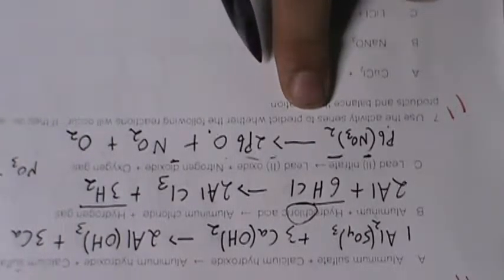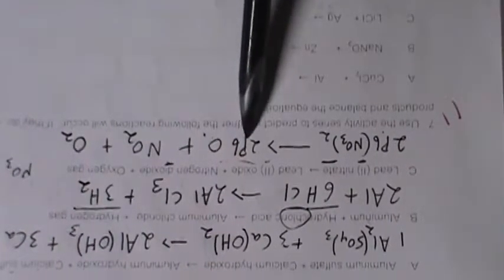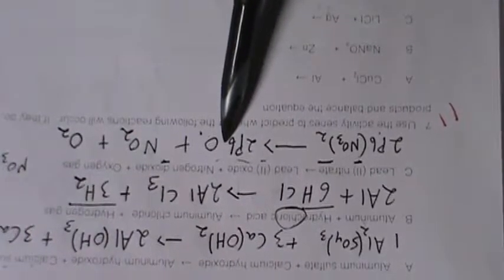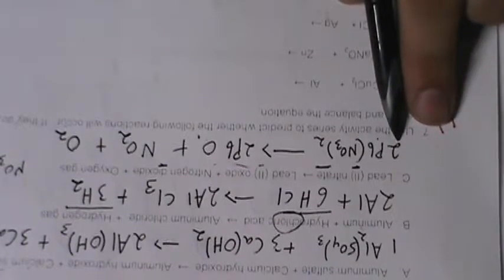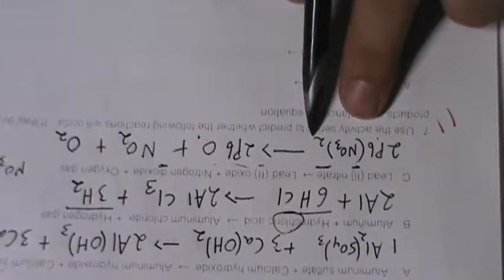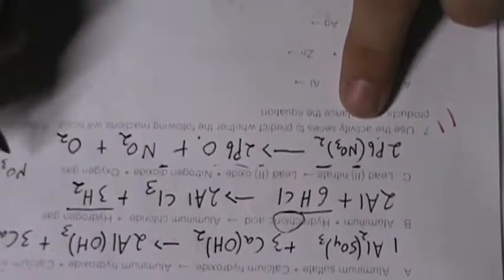Okay, so now that we have this, we're going to wind up having to double our Pb over here. Okay, 2 leads coming out, 2 leads need to go in. So 2 lead-2 nitrates producing 2 lead-2 oxides. 2 leads, 2 leads. All right, now that's safe. There are 2 times 2 nitrates going in. So we're going to have to break this down